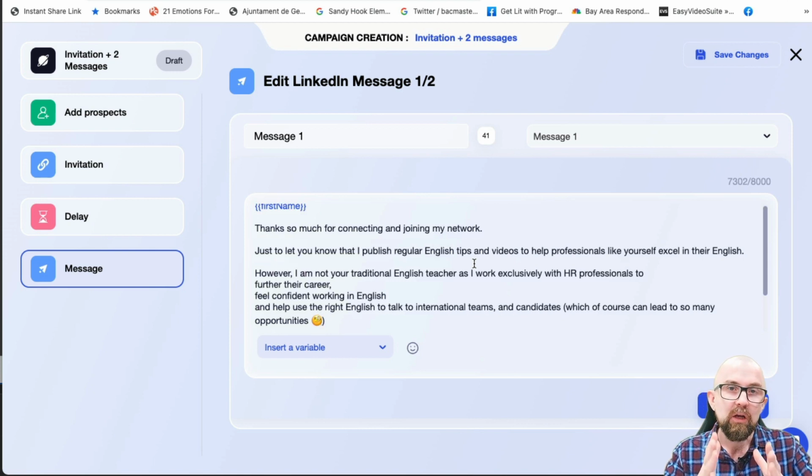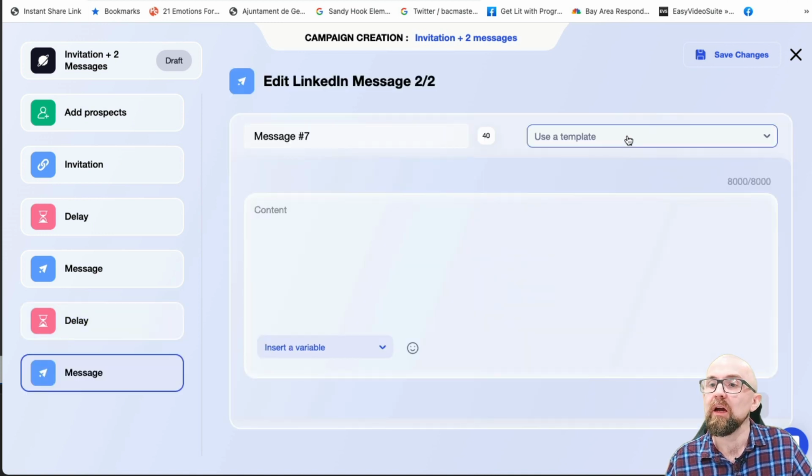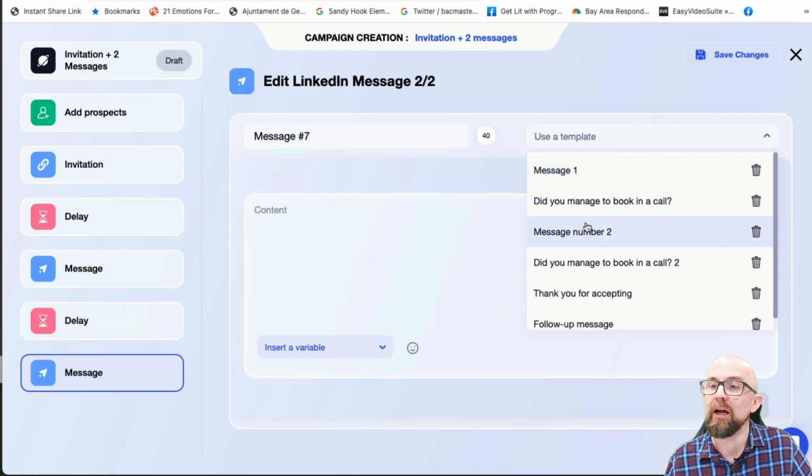This is what happened with the other program, Closely, which I reviewed here, which actually did have this problem that it kept sending the messages even when somebody had replied, and it made you look a little bit daft and it upset people. Now, then I wait 5 days and I send the next message